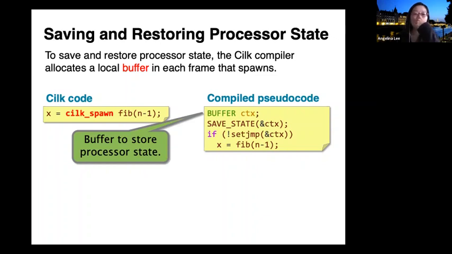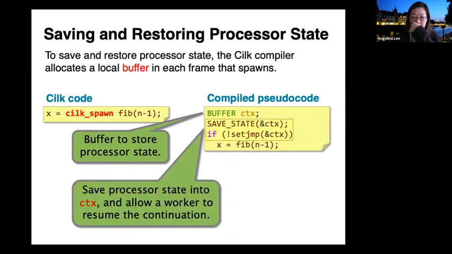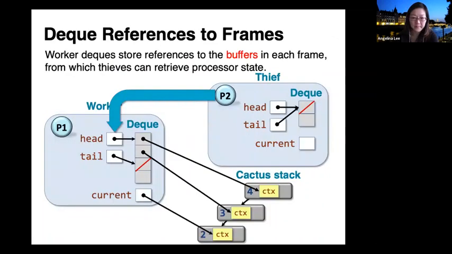But basically the point is that for every Cilk function, we have such a buffer that allows you to store the processor local state. We use things like setjmp to save the processor state into the buffer, and so the buffer is effectively stored with the Cilk stack frame. The deque has a pointer to such a Cilk stack frame, so whenever a thief steals from a victim, it steals the Cilk stack context, and now it has this context buffer and can resume the execution of the stolen function, basically in the middle.